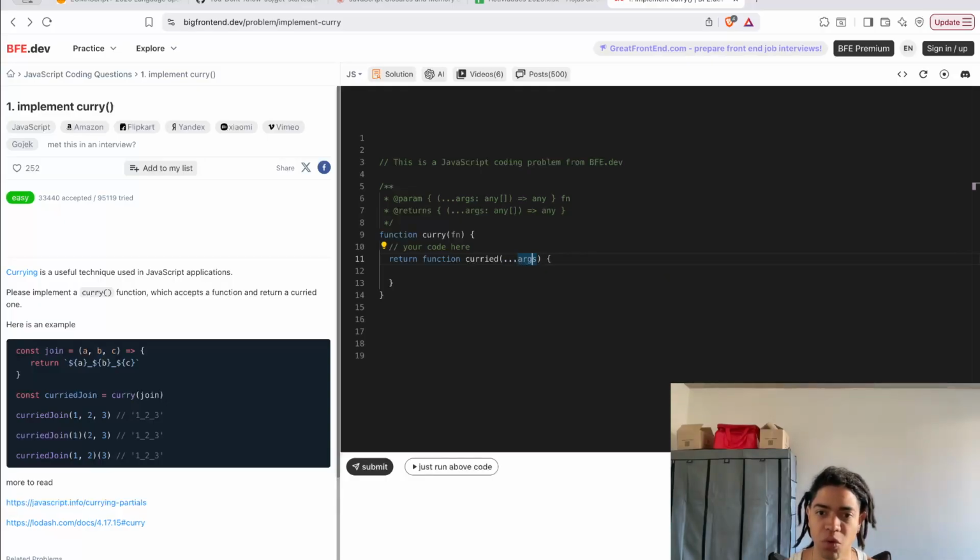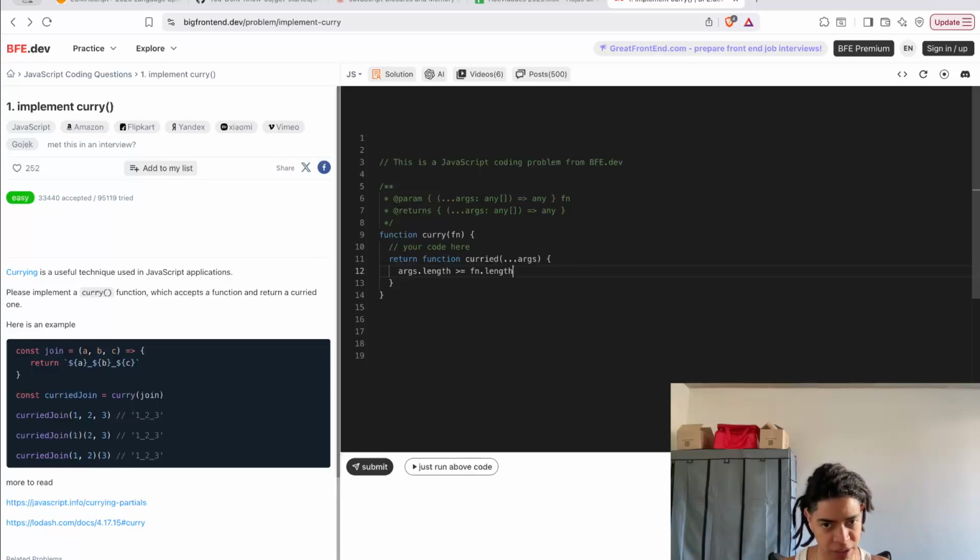So when we do this, we say, hey, iterate through all of this and spread that into this call, to get all of these arguments as an array-like. In this case, as a function, this is how the spread operator works. And then we say, hey, args, if the args.length